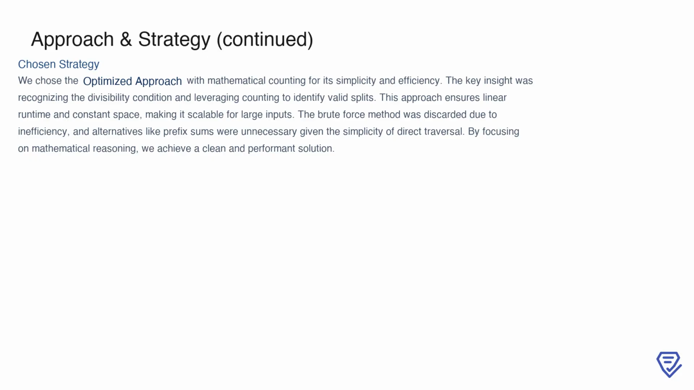identify valid splits efficiently. The use of direct traversal eliminates the need for additional data structures, ensuring constant space usage while maintaining linear runtime. Brute force was discarded due to its prohibitive computational cost, and while techniques like prefix sums were considered, their added complexity was unnecessary given the problem's structure. By grounding the solution in mathematical reasoning, we achieve a clean, scalable, and highly performant approach that handles even the largest inputs with ease. This balance of clarity and efficiency is what makes the chosen strategy ideal for solving the